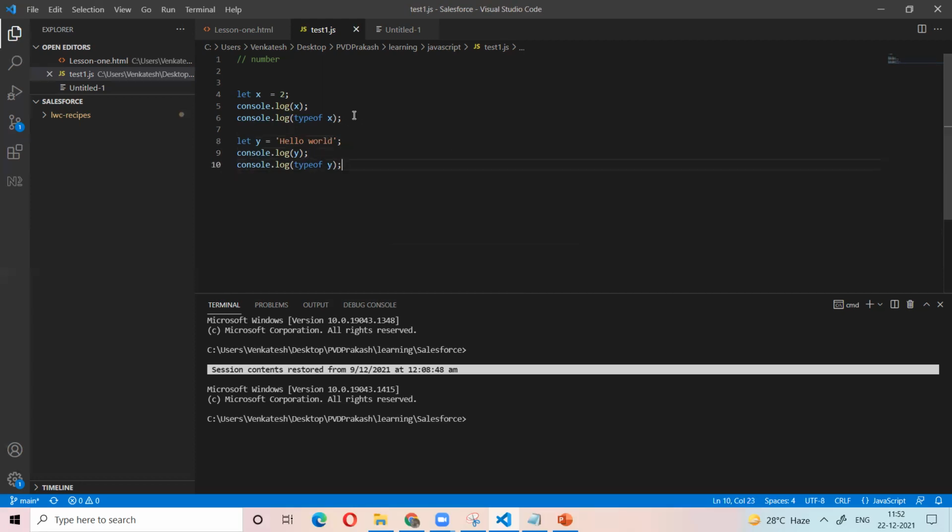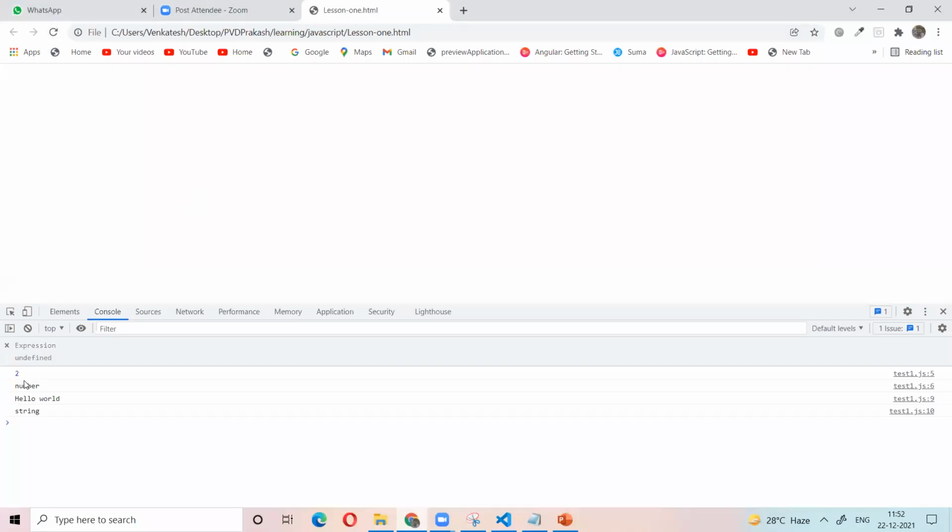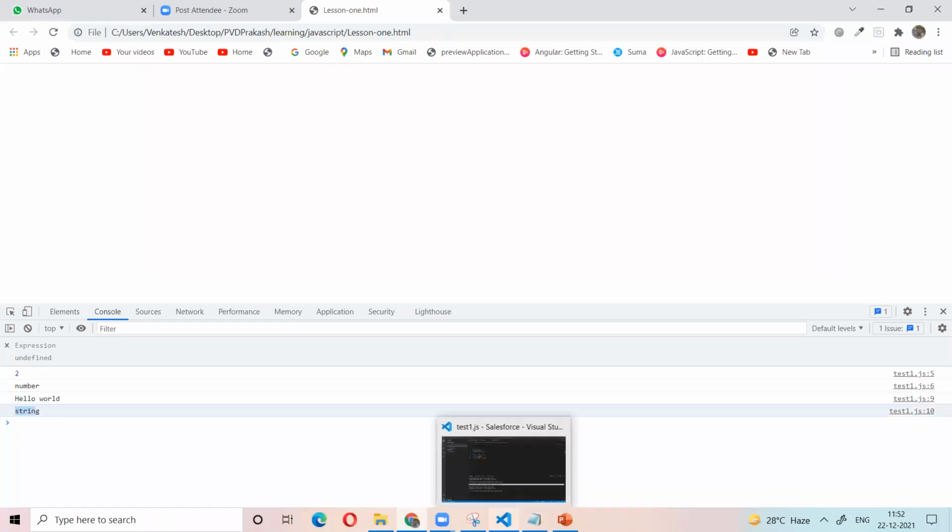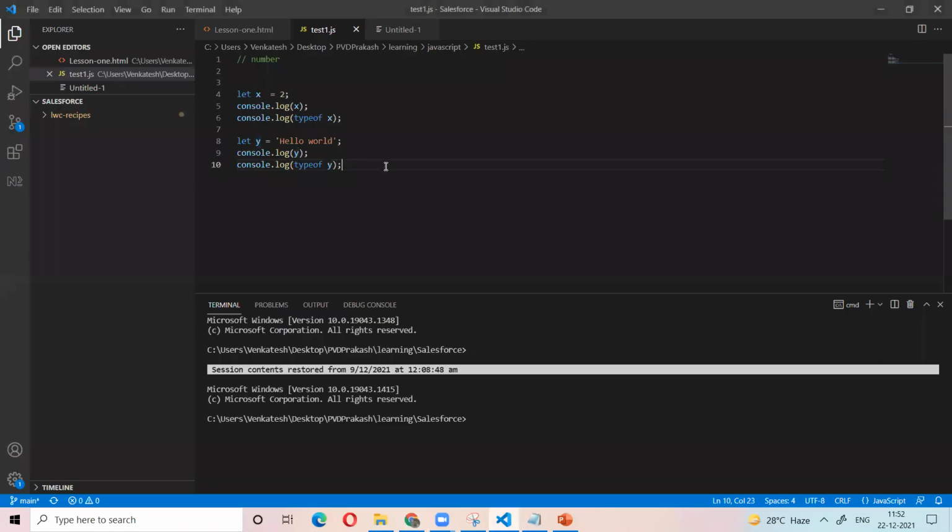Hello world. What is the output of line 10? String. So here typeof x shows number, because we assigned 2. Here we assigned the string value, so the type is string. Initially 2 is a number, hello world is a string.